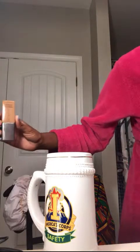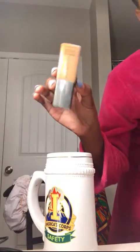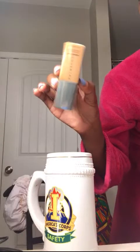Then I went in with a decent sized squeeze of the Cover FX Power Play Foundation, and I'm holding it upside down because this is the one I'm trying to pan and complete. I wear shade 110Y or 110G, golden 110. But I'm not going to repurchase this because I found other drugstore alternatives I like more. But I'm trying to finish it up. And then I decided to add